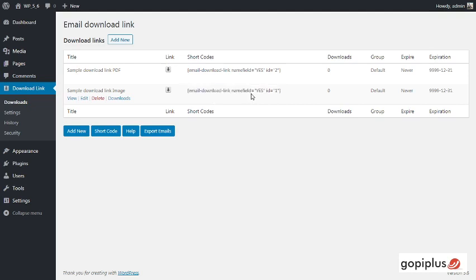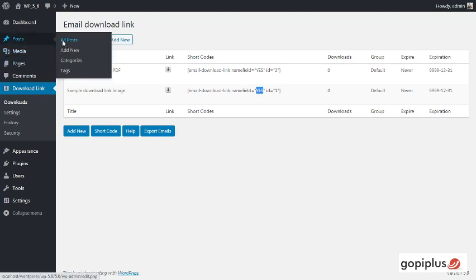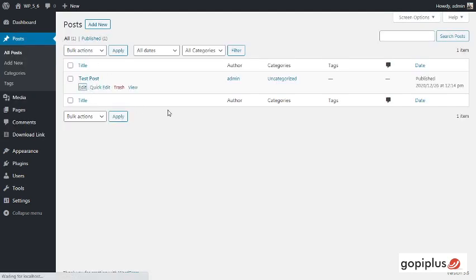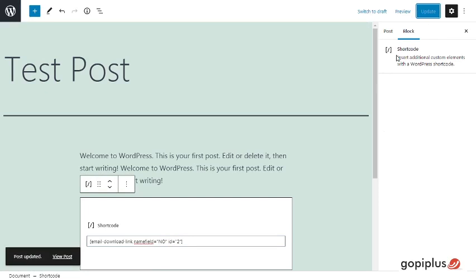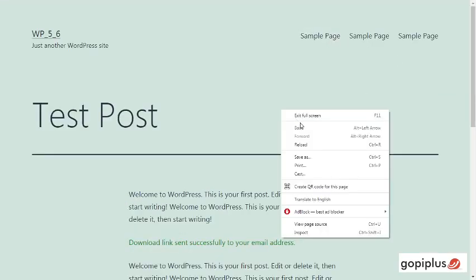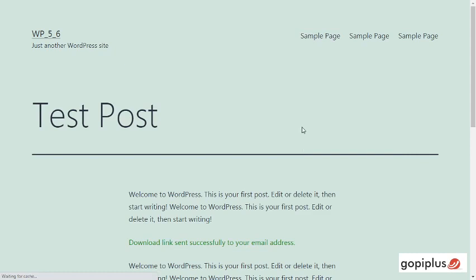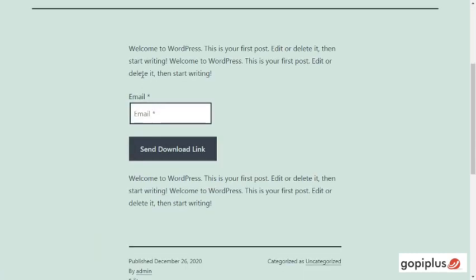In case you don't want to get the name from the user, you can set the name field equal to no. Okay, let's see that one. I go to the same place, change the name field to no, then click Save. Now I go to the front end and reload the page. Here, see, the name box is automatically disabled. Now we will get only the email box.